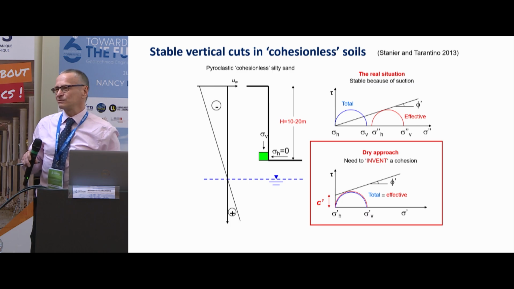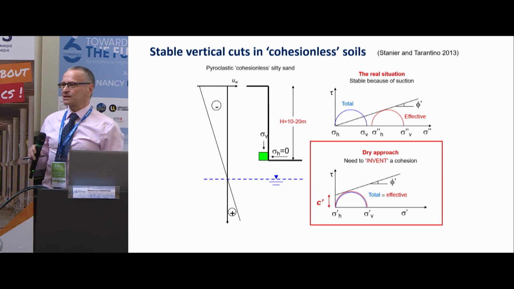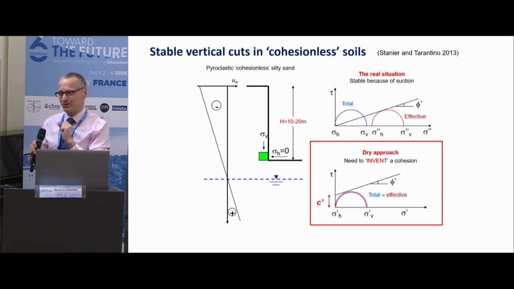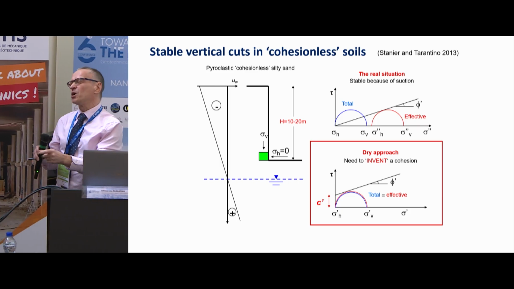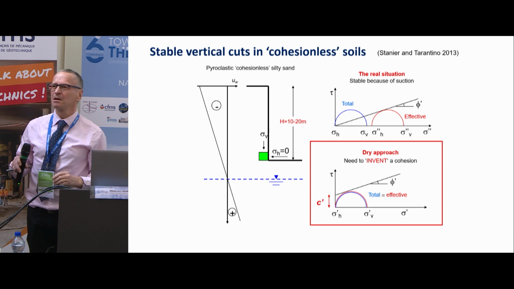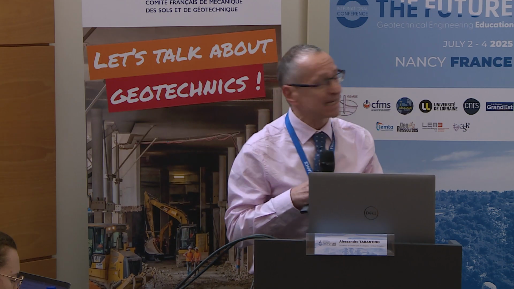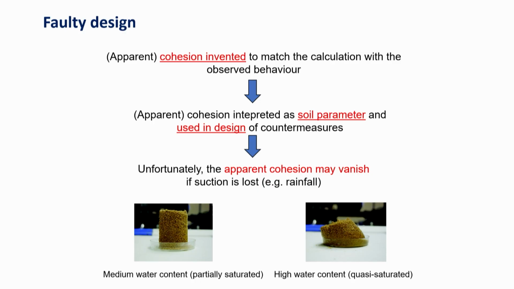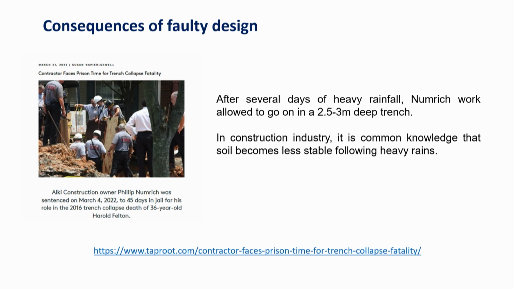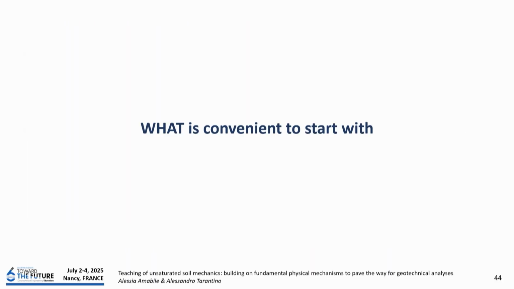And you see, when you are a nobody, when you go to a consulting company, or even if you are playing with a model, oh, put a little bit of cohesion, but how much? 1 or 2, but why 1 or 2? Well, a small number, that's fine. Now, it's not only the reason, the partial saturation, I know, but a cohesion invented means that becomes a soil parameter, but of course, if you have a rainfall, that additional term is going to vanish. But this is one example of excavation that was failing because of rainfall.